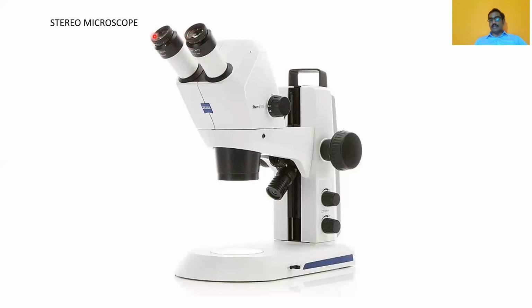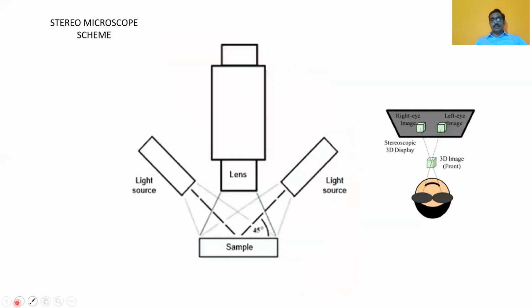You can't look through one eyepiece and appreciate what you're going to see in a stereo microscope, because this is the major part. What happens here is the major difference of a stereo microscope. I'll be explaining it. So far it's almost like a compound microscope. You have an object here, even though it's an opaque object. You have a reflected light source, a transmitted light source falling into your objective lens and then going through your eyepiece. But what happens here is a slightly different quality of a stereo microscope.